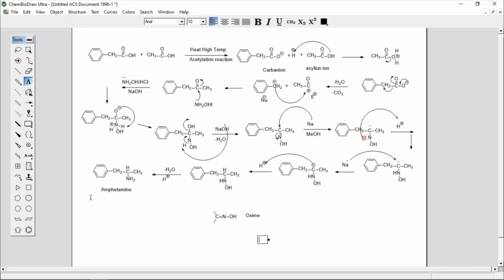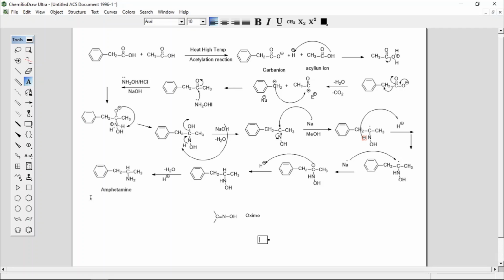And this amphetamine is an isopropylamine derivative, and it is used in the treatment of obesity, and also used to reduce appetite. That is, the person does not desire to eat; that is called appetite. It is also used as an antidepressant. And this amphetamine is a phenyl isopropyl amine derivative.